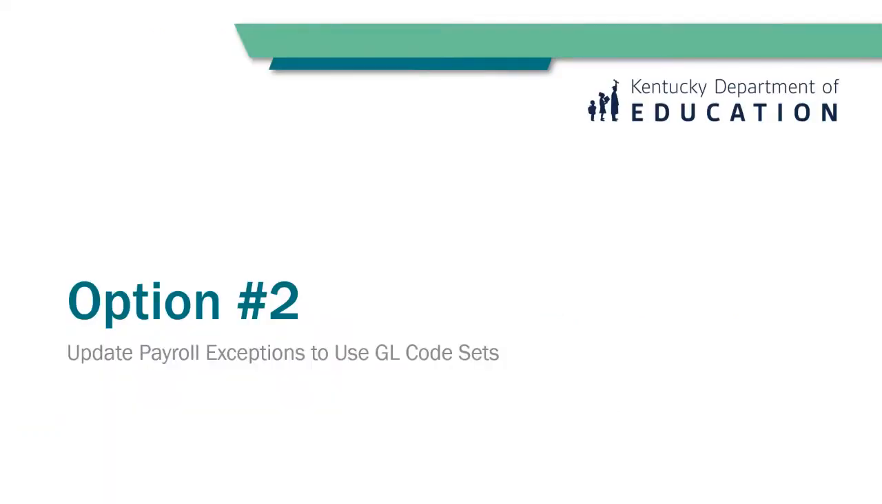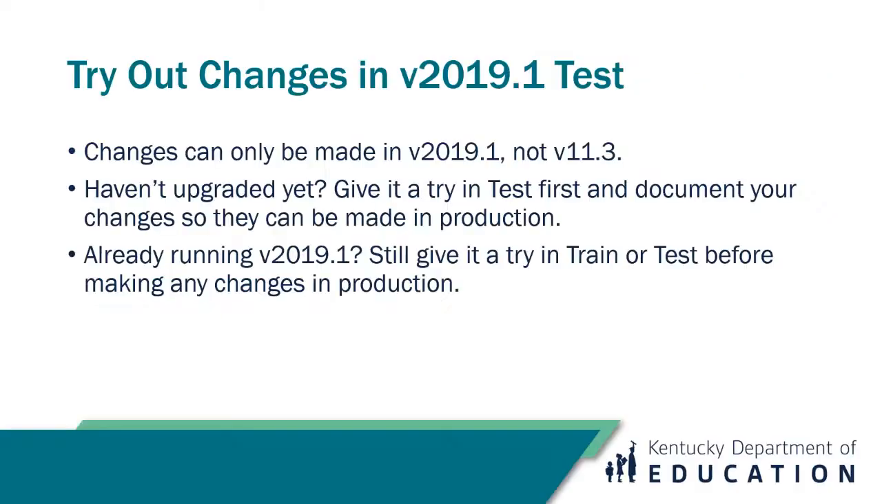So option number 2, the long-awaited option number 2. You can only do this in version 2019, so go ahead and make the changes in test. Can't do it in 11.3 whatsoever. The functionality is not there. If you haven't upgraded yet, give it a try and test and document your changes. So once you go live, your production environment can be updated. If you're already running 2019, still give it a try and test and train before making any of those changes